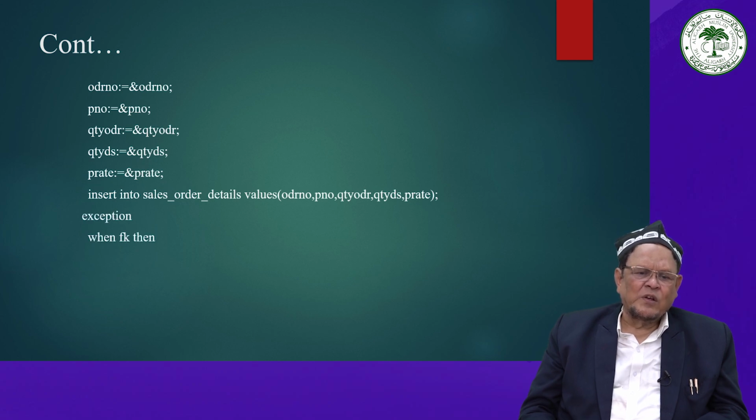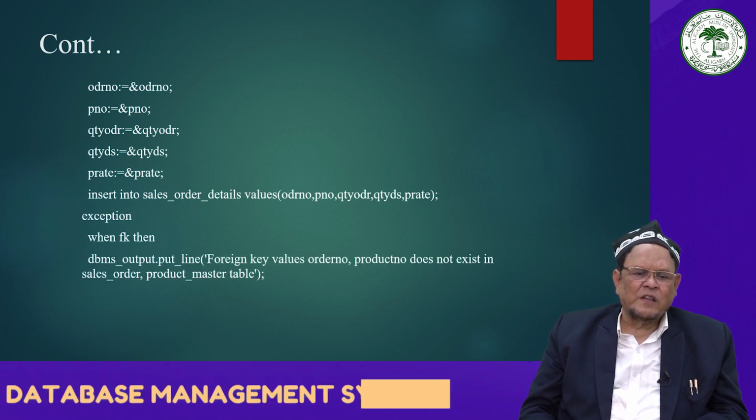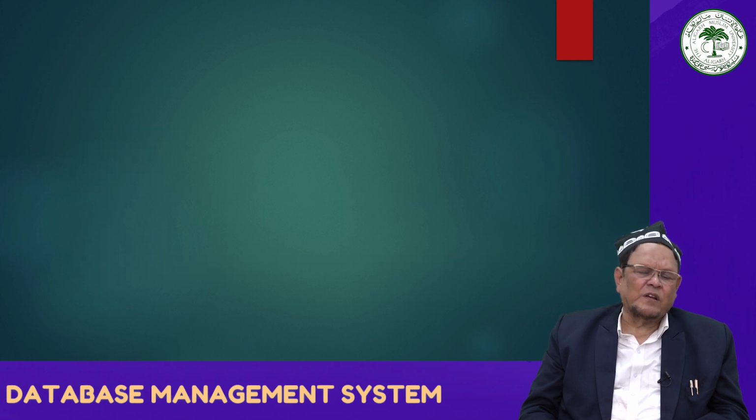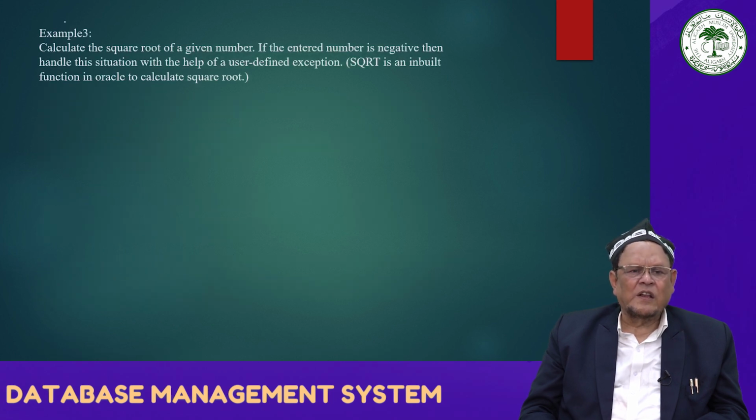exception when fk then DBMS_OUTPUT.PUT_LINE foreign key values order number, product number does not exist in the sales order and product master, then end. In this way we are able to find it. The next, third question,